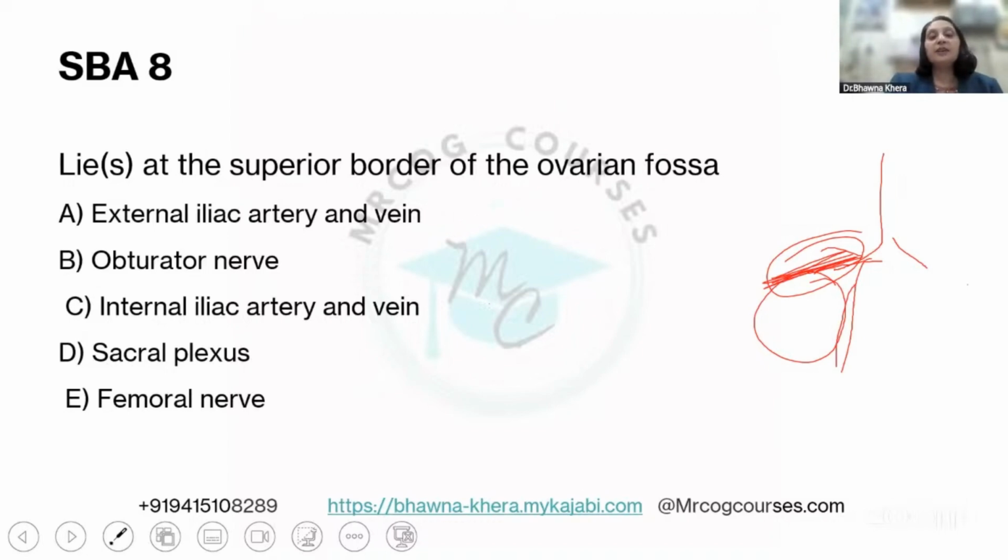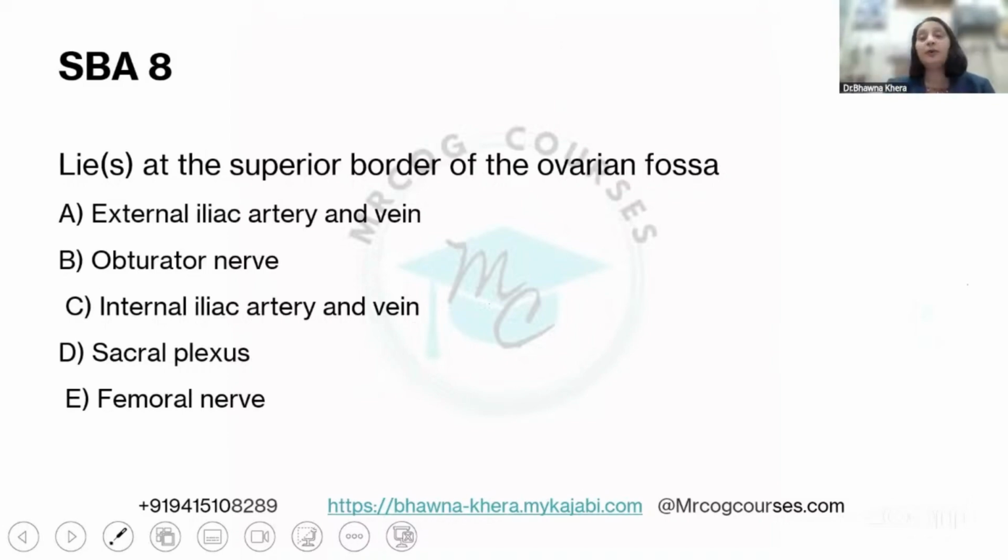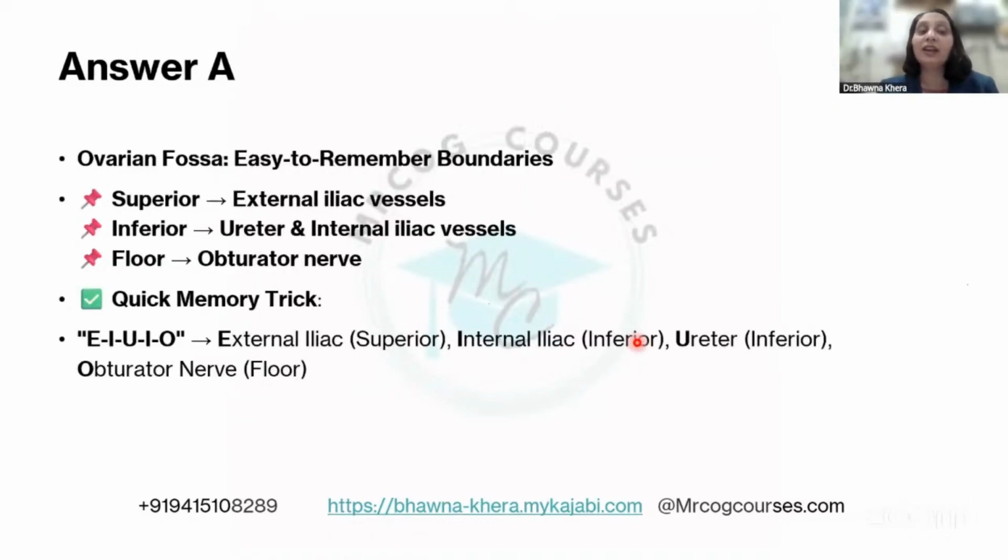If you remember the diagrammatic representation, whenever you are reading, this is a very important trick for anatomy. Whenever you are reading anatomy, draw a line diagram for yourself. Just a rough diagram, right? You see, I just draw a big ovary. That's it, fine. We are here to remember the things, right? So the easy way of remembering is just draw a simple line diagram and see where the structures are. You will never forget this. So the correct answer is external iliac artery and vein.